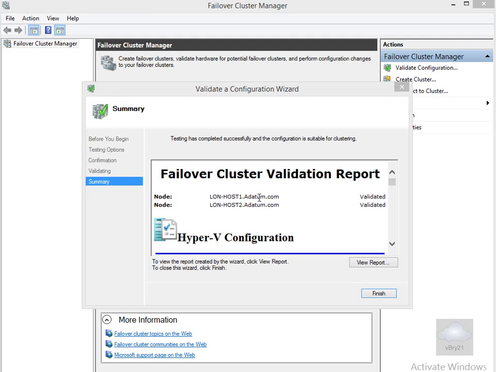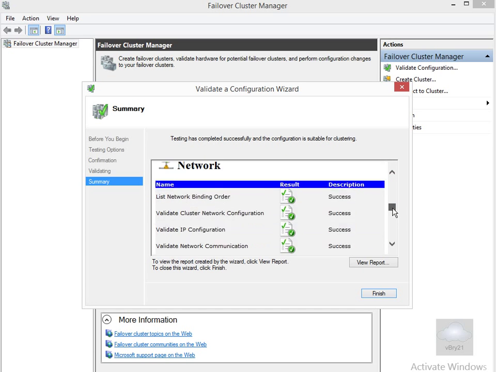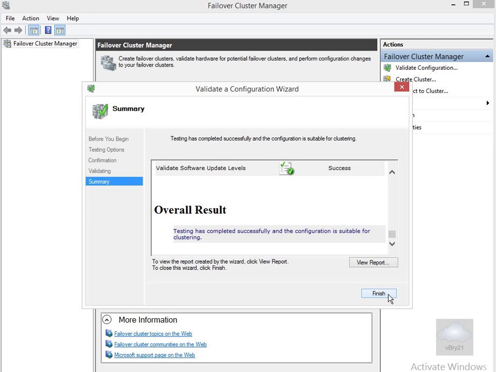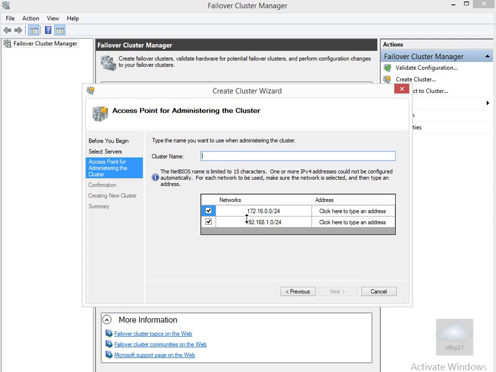So we can see now that the failover cluster validation report has gone through. Everything's validated. We've got successes all the way down. That's always good, so we'll select finish. And now what we need to do is give our cluster a name. So we'll just call it LON hyphen clust. And then we're going to have it running on our 172.16 network. So I'll get rid of the 192.168, and in the case of the address here, I'll make the last octet 234. Select my next button,